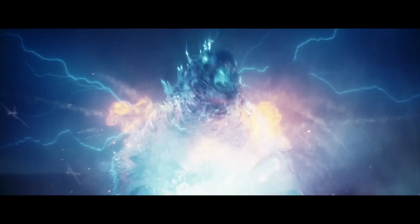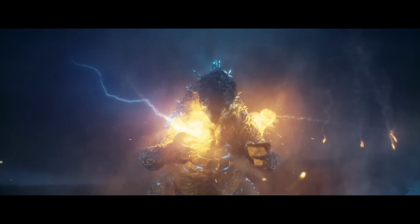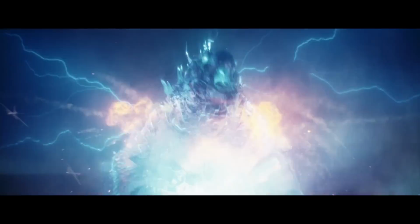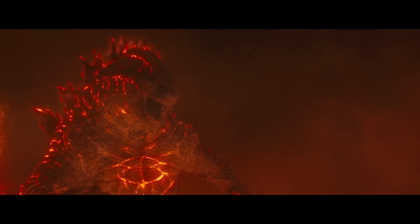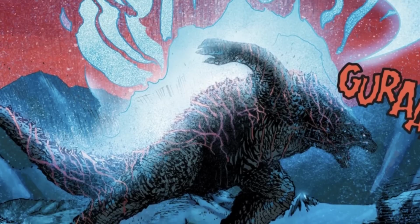Another few frames and we see the G-Man in a form we haven't seen before. We've gotten really close, but not like this. So much energy comes out of Godzilla in this clip that it mimics Godzilla's nuclear pulse seen in King of the Monsters. Note that this isn't the thermonuclear pulse, but a pulse similar to the one that killed Muto Prime